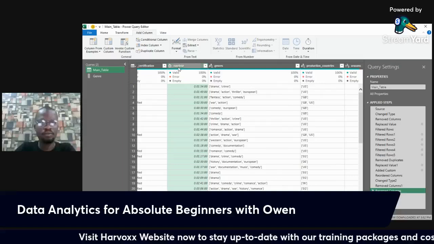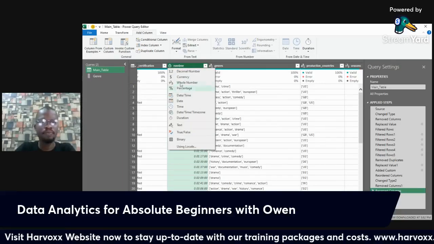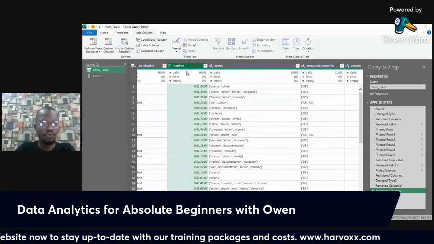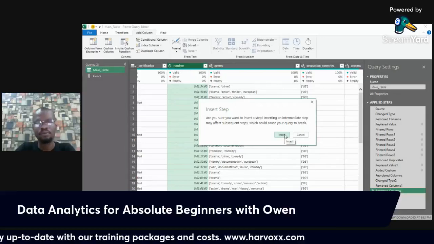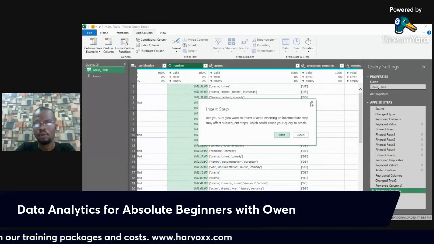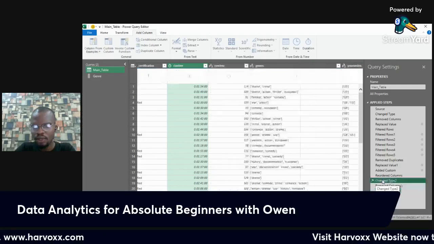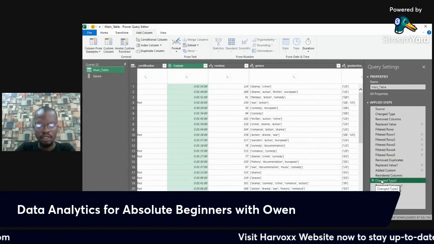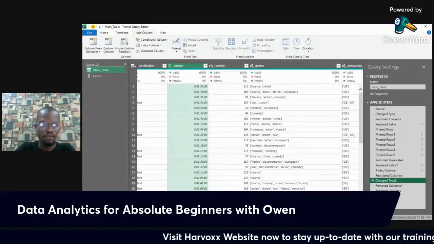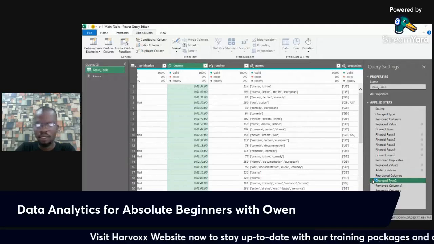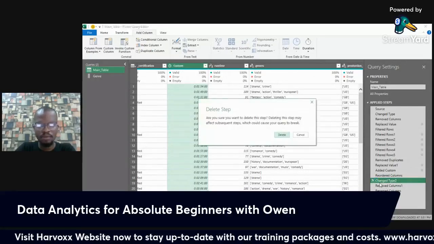Okay, let me leave it as it was, as a decimal number. No, don't do that. Just look at where we changed the type. This was a step we changed the type, right? I want to delete that step.